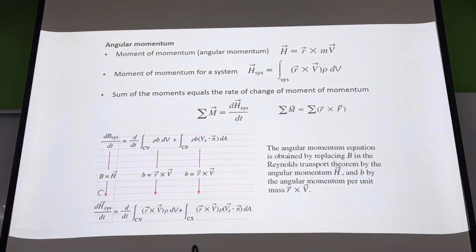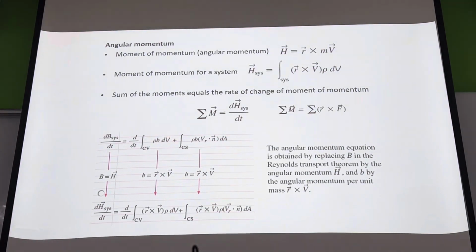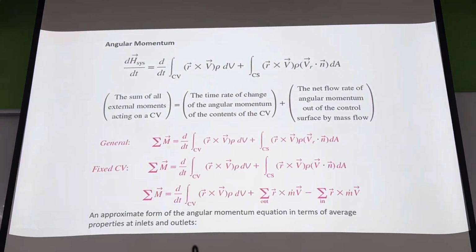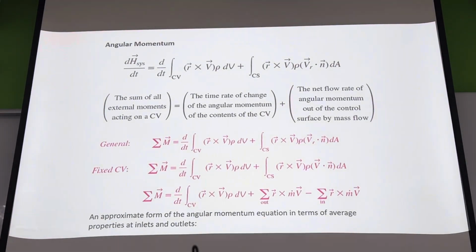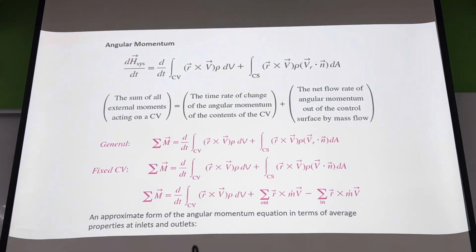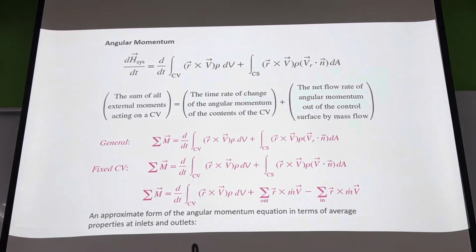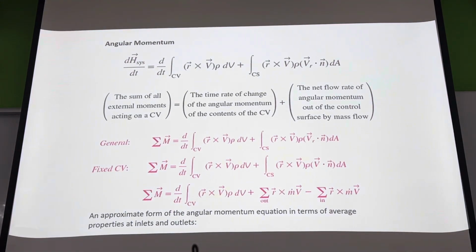If I take a point and I have the momentum coming in, the rate of change of that rotational momentum is equal to the sum of moments on the system. The equations come out all the same. They're just a little bit more tricky in that you end up with the same thing, where you have the sum of moments for a fixed control volume. You have a control volume term, and then a control surface term of momentum flowing in and out. This one's a little bit more tricky in that,